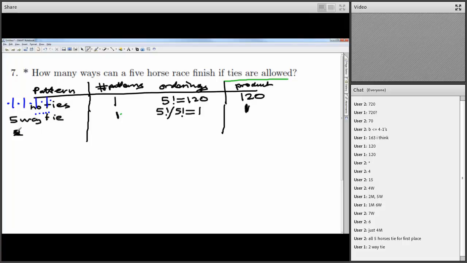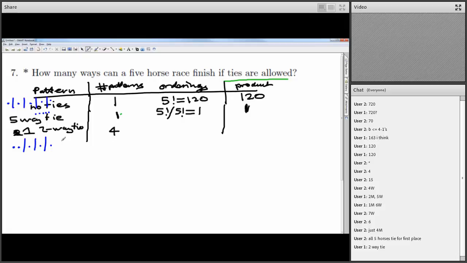So we have one two-way tie. I guess that will be the next pattern. As an example of what that might look like, first and second could be tied, and then all the other places are distinct from each other. But I guess we want to try to count them in different ways. You can have first and second tying, or second and third tying, or third and fourth, or fourth and fifth. So there's four different places where you could get the two-way tie happening. So there's four different patterns we want to consider at the same time. That's really what I want to consider here.